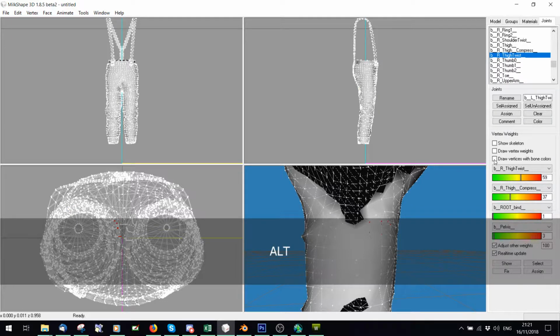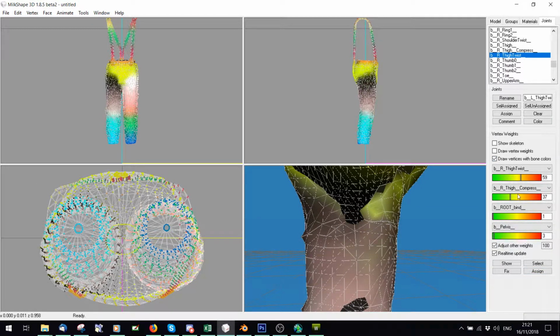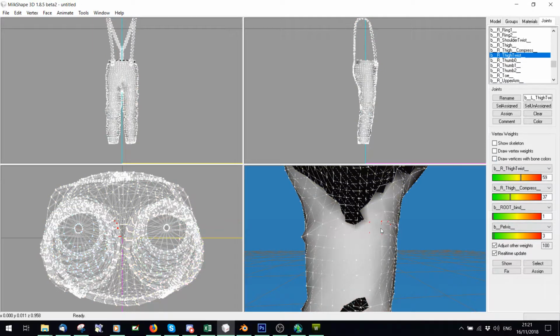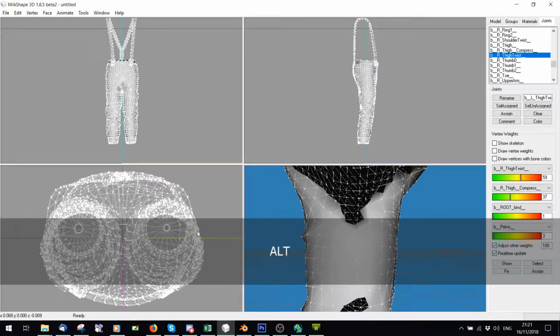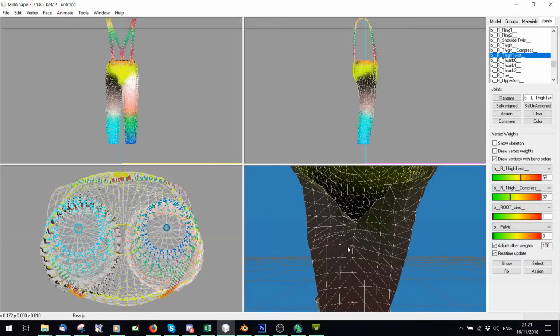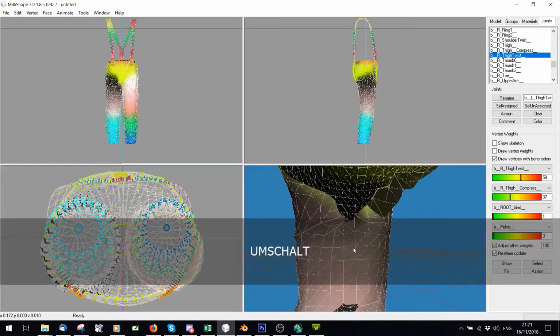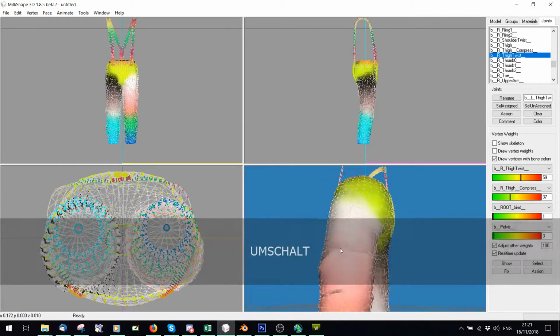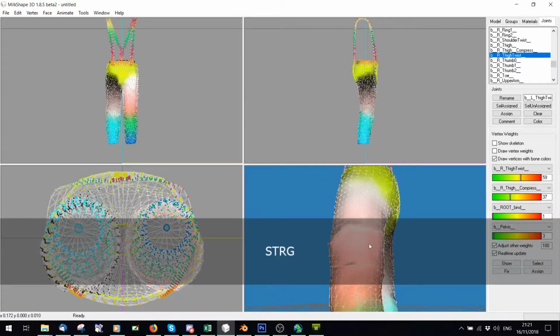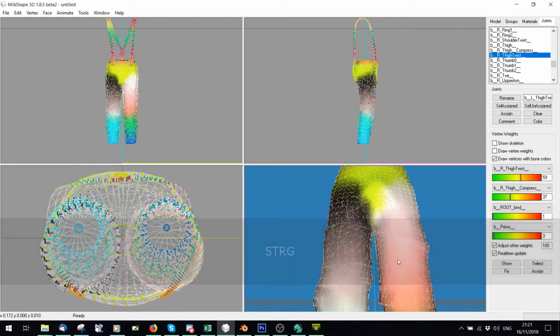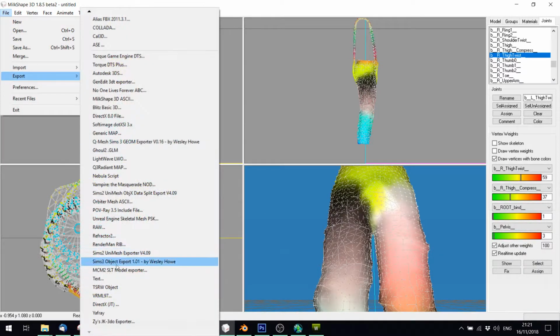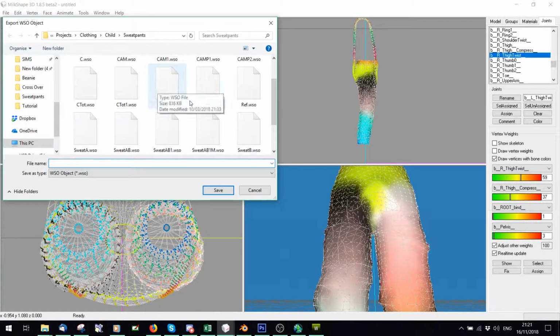Unselect the ones I don't want. These two. You can only select if you're holding Alt, and you can only select multiple if you're holding Shift. Right. While you're doing this, always just go into